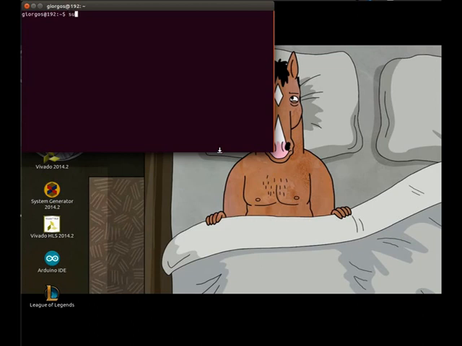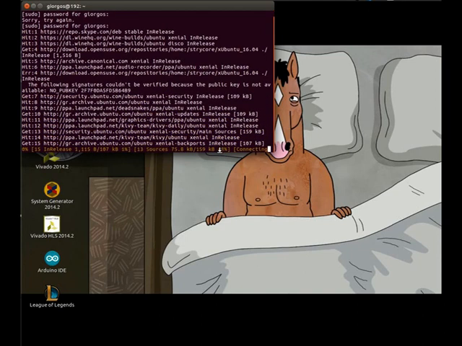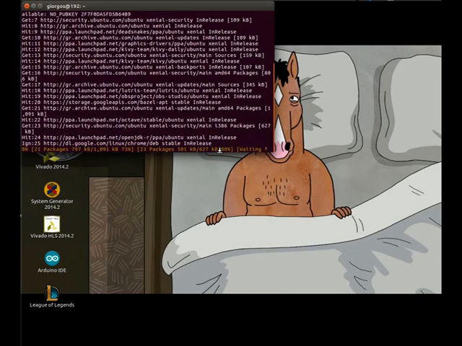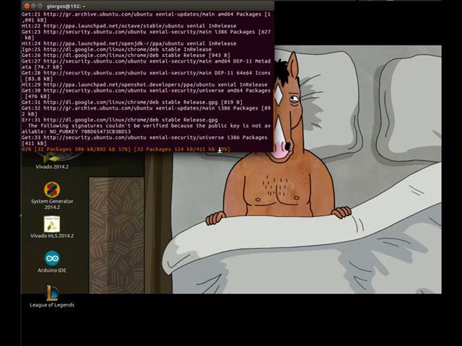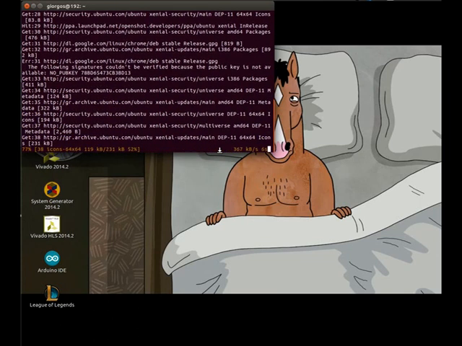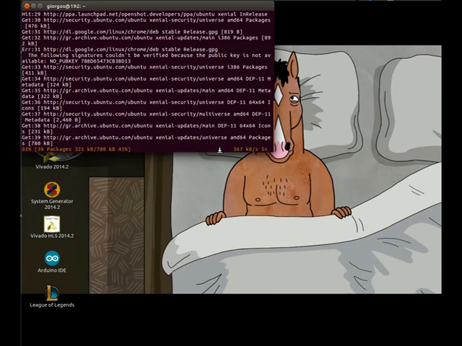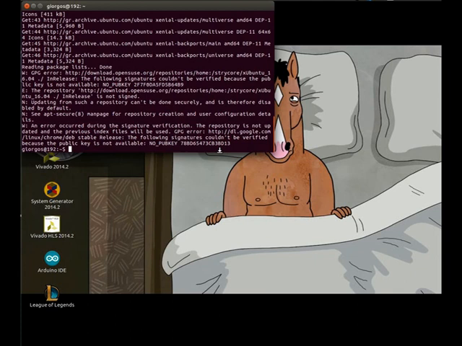So first I do sudo apt update. Okay, now it's updating. It will not take long. It's just a procedure that will last less than 1 minute. After updating your apt,